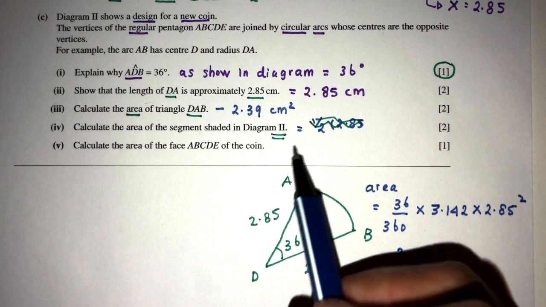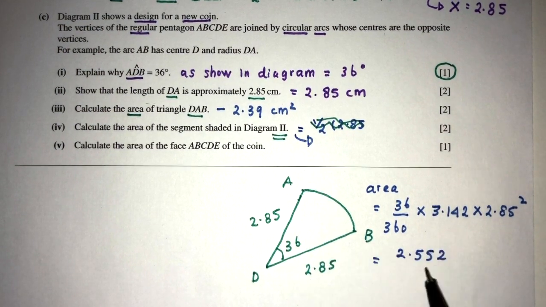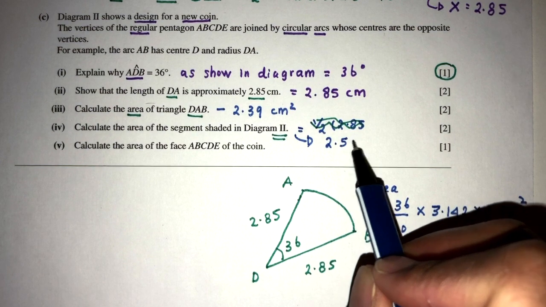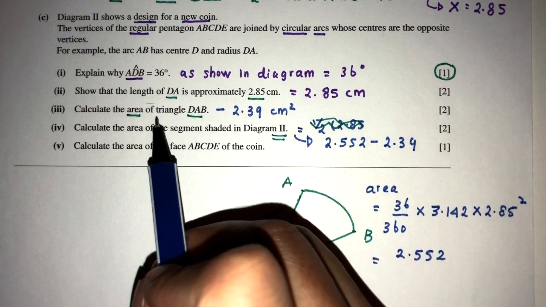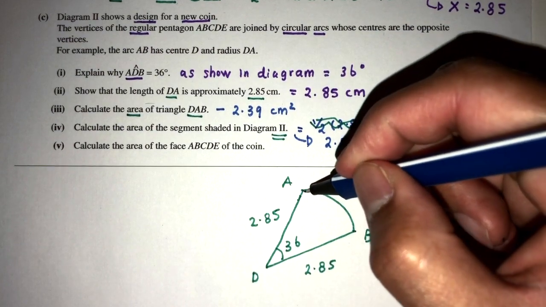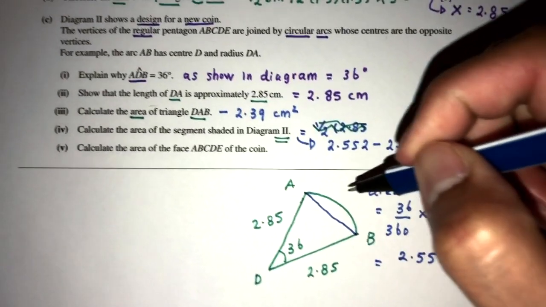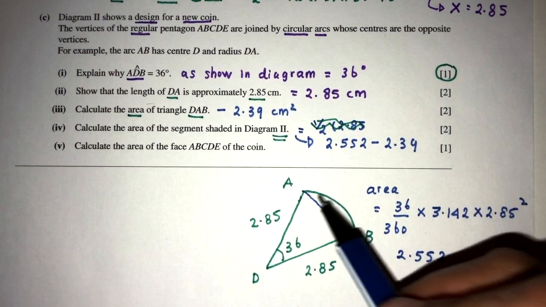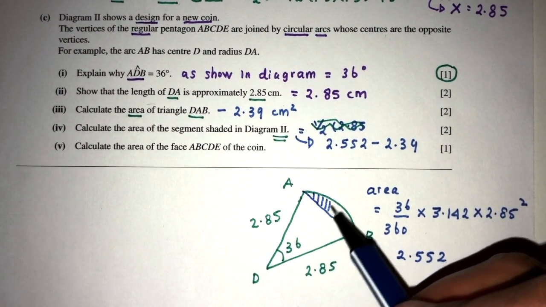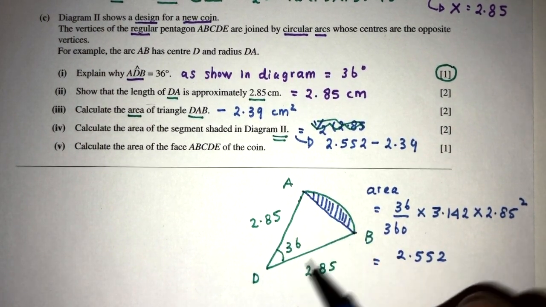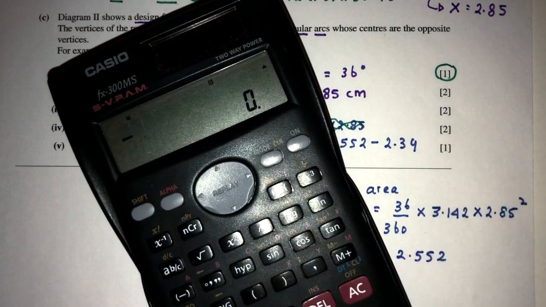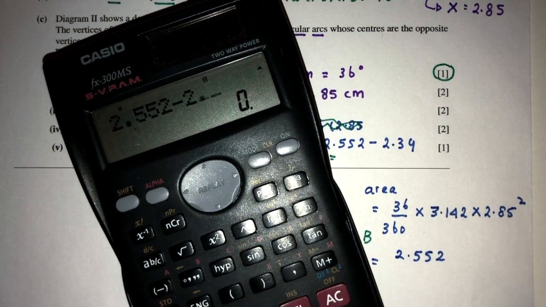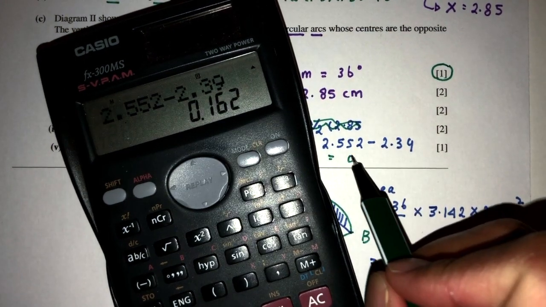Now to find the area of the segment, we have to take the area of the whole thing, 2.552, minus 2.39 from part 1, which is the area of the triangle. Right now we are only looking for this one, right? So we have to remove the area of the triangle. So that will give you what? 2.552 minus 2.39, that will be 0.162 for the area of that